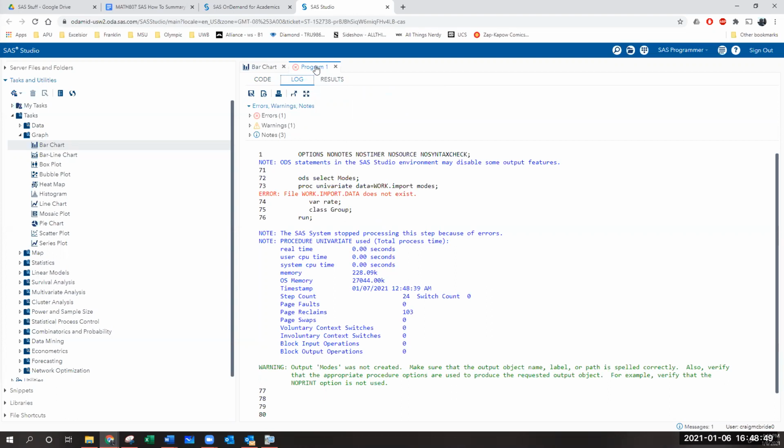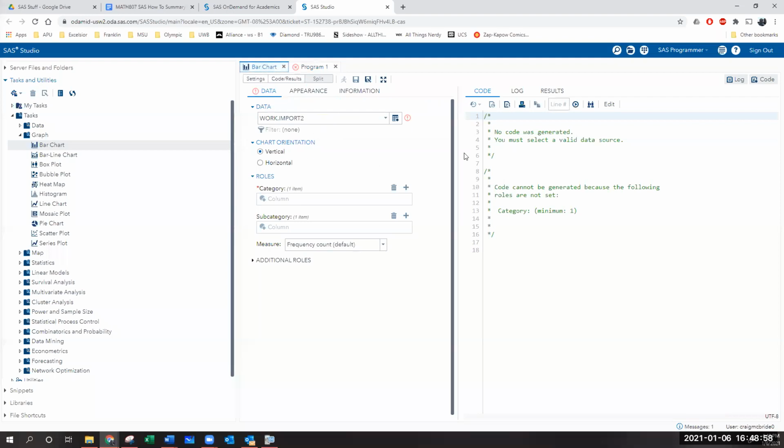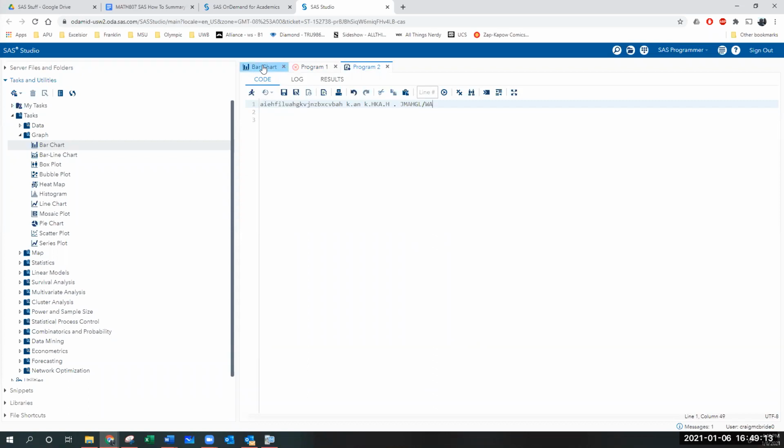But that's how you start: just open anything in the tasks menu. Double click on any of them to bring a program over here. Click on the edit button and it creates a program. If I do it again, it's going to create a new one called program 2, and then I can do the whole thing all over again. I can delete this stuff, and if I wanted to, I could start typing in code manually. So that's how you play with this stuff as far as the code is concerned. Then just make sure that you load your data.